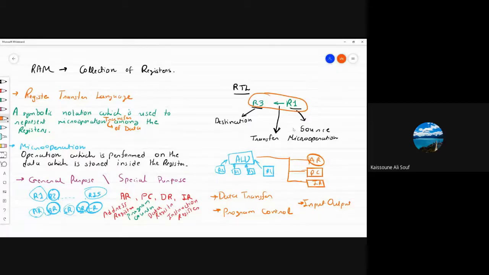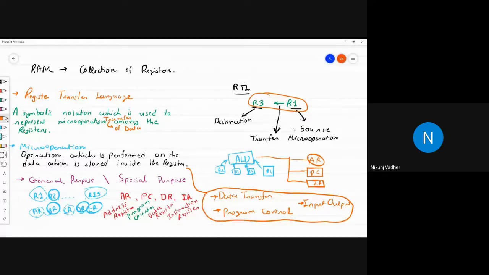Also, we are talking about micro operations. All micro operations we will be discussing in the next unit. In the next unit, we will discuss what is a data transfer micro operation, what is a program control micro operation, and what is an input output micro operation.